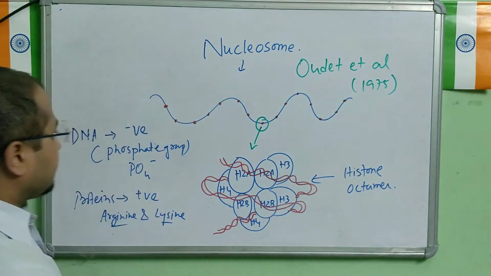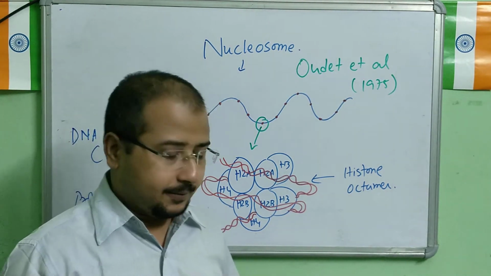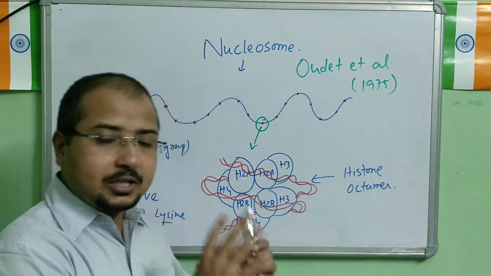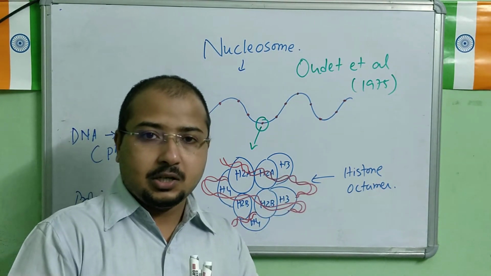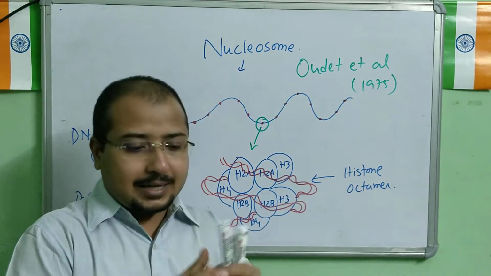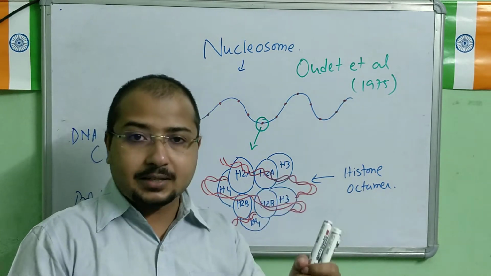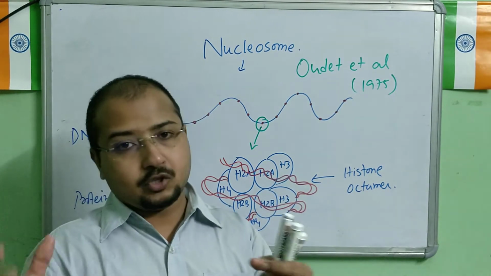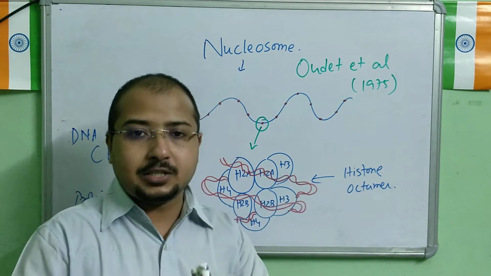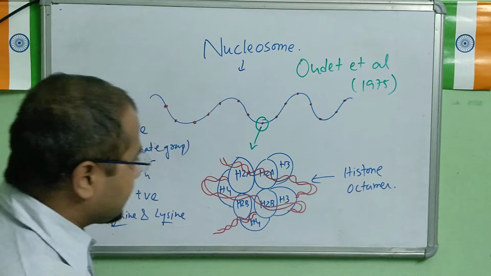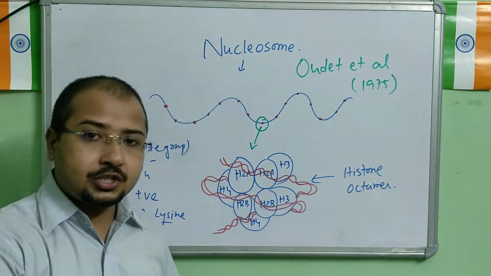So we can understand that a positive charge can definitely exist with a protein. A negative charge can exist with the positive charge. It's the attraction, the force that binds them together, allowing them to exist together. A negative charge can definitely exist with a positive charge. Same charge repulsion is there, but the opposite charge attraction is there, right? So this is how they exist here. Now the first question is clear.